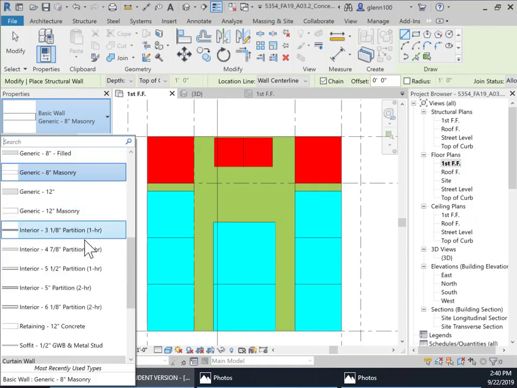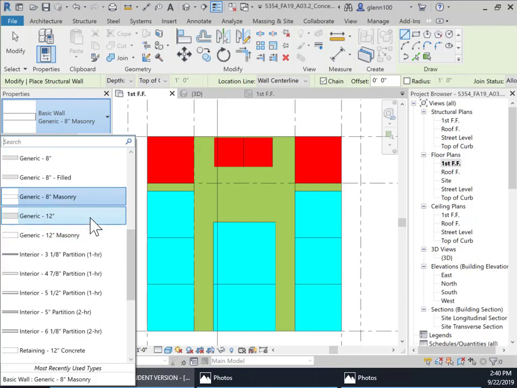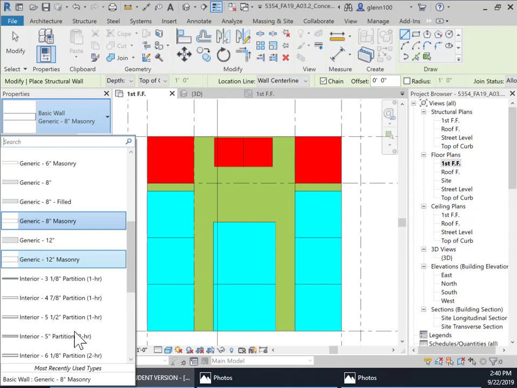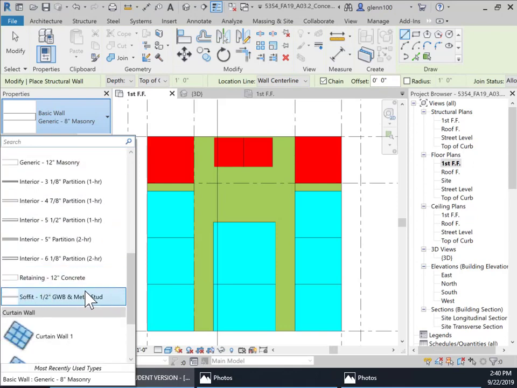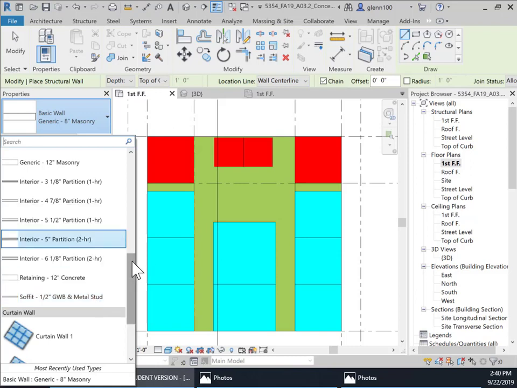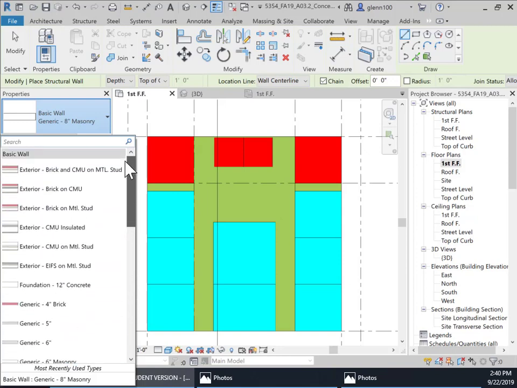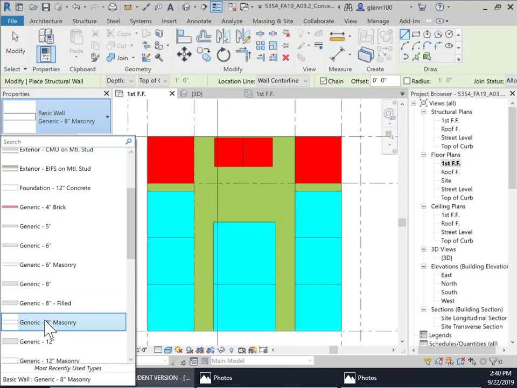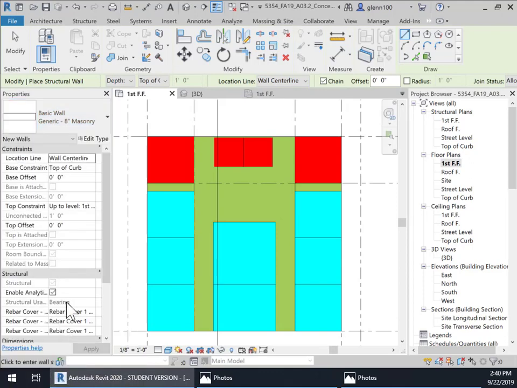So I could start with this 12-inch masonry, but I'm just going to go ahead and make another one. I could do generic, or if I knew what my wall section was going to look like, in other words, all the different layers, I could build that to begin with. But right now, instead of adapting one of these to my stone CMU and stone veneer, I'm just going to put a 14-inch generic masonry wall in here. So I'm going to take that wall, hit edit type,